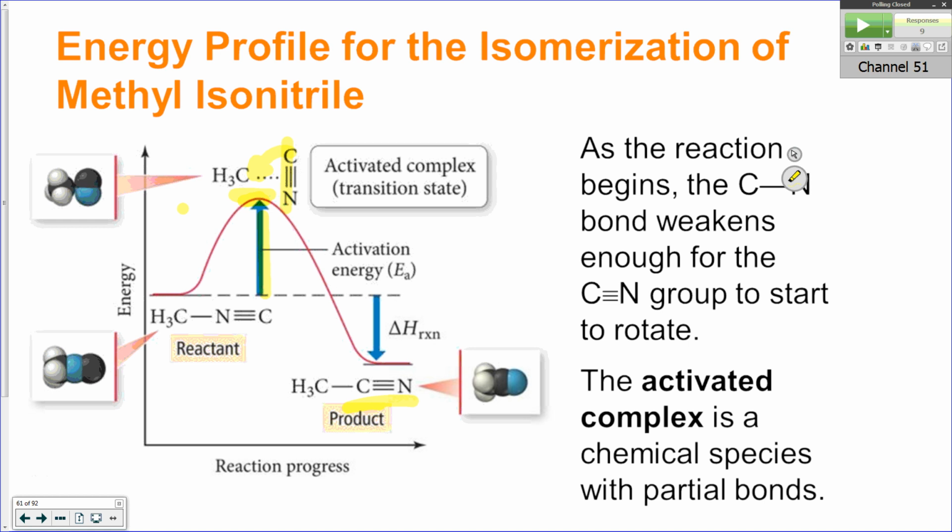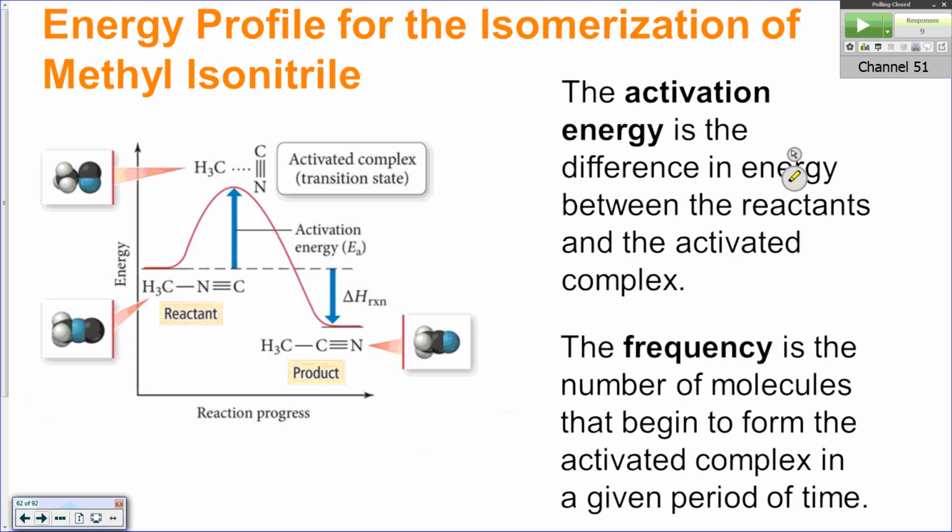The activated complex is the one that has the partial bonds associated with it as it's undergoing this rotation. The book talks quite a bit about this activated complex, and we talk about it more in some advanced classes. We definitely talk about it in terms like computational chemistry and physical chemistry. In freshman chem, we're just trying to understand the basics of kinetics. I'm not going to go into it a huge amount, but when we talk about